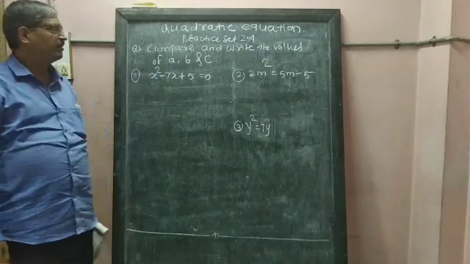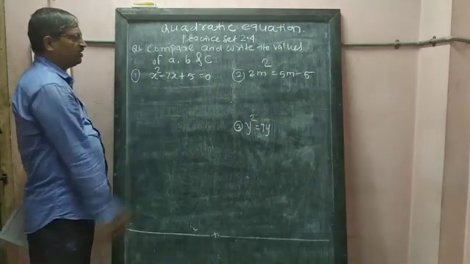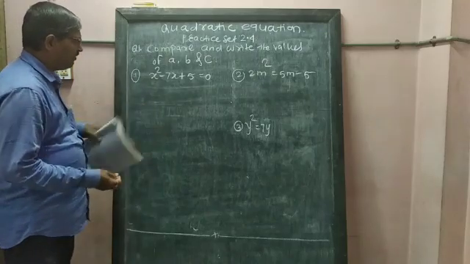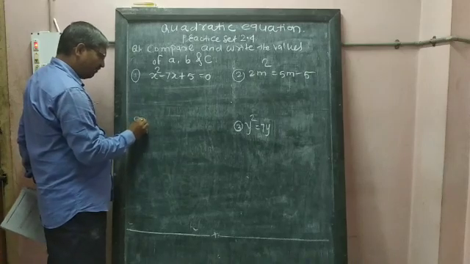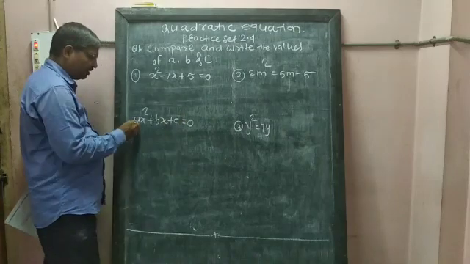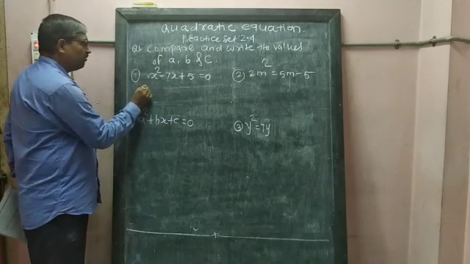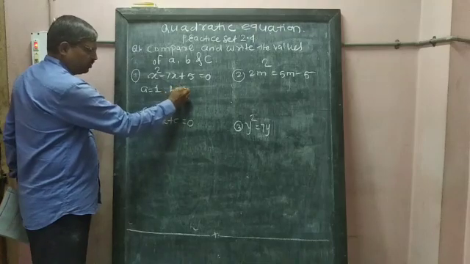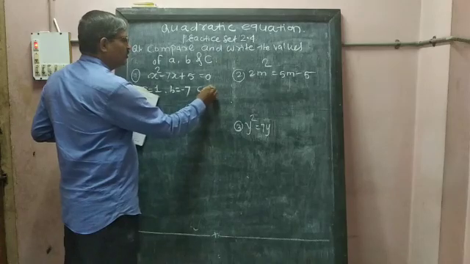Dear students, today we are going to study practice set 2.4. Here, the first question is given: compare and write the values of a, b and c. By comparing, you know the standard form of a quadratic equation is ax square plus bx plus c is equal to 0. So, what number is given for a? Nothing is given, means there is 1. Therefore, the value of a is equal to 1. Bx means the value of b is equal to minus 7. And the constant term c is equal to 5.